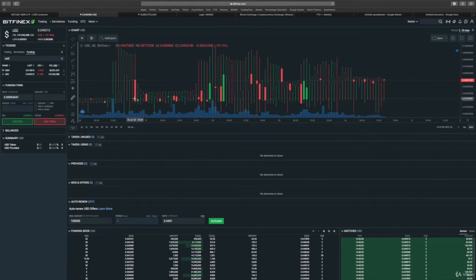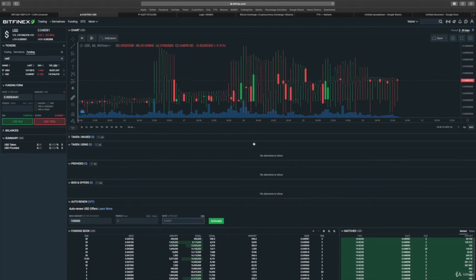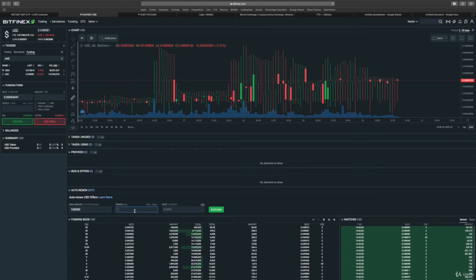In these days, the rate was, you see the rate on the right side, between 0.2 to, I don't know, 0.32, and now basically every day the rate is hitting 0.06, 0.07, 0.05. So you can basically put 30 days